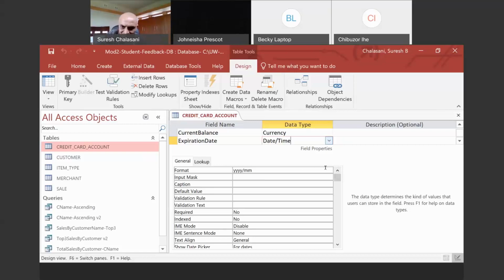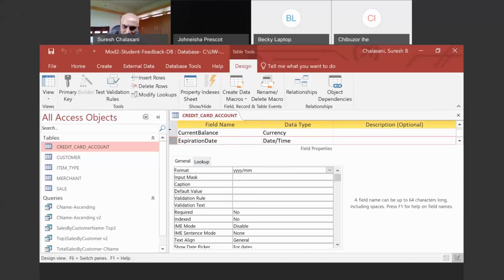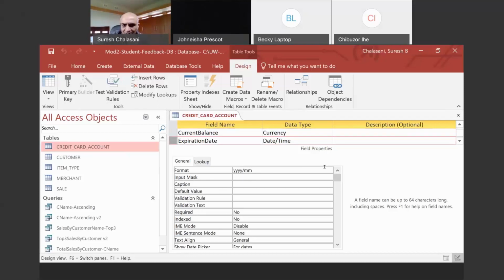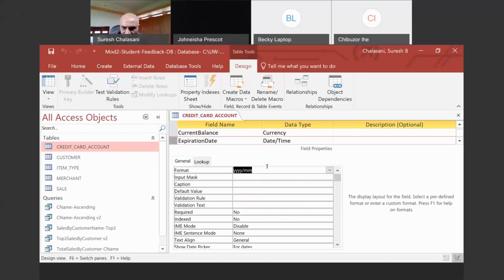And in terms of appearance, this is where the format comes in. When you choose each of these fields, it shows you format. If I choose currency, it would show you what type of format it should be displayed in, and the format is currency. So most often you don't change anything in this format. For the date, you could type in what format you like, right?